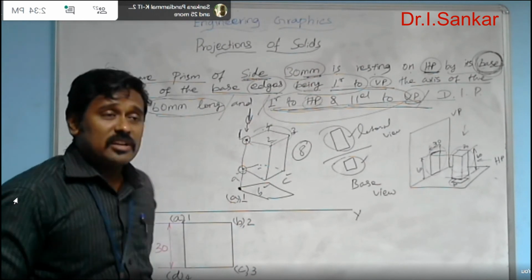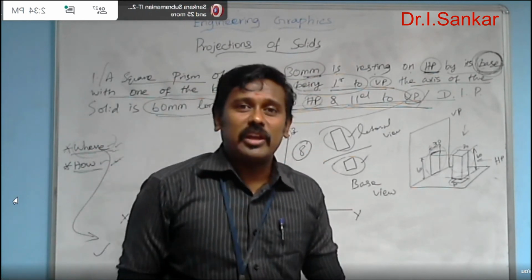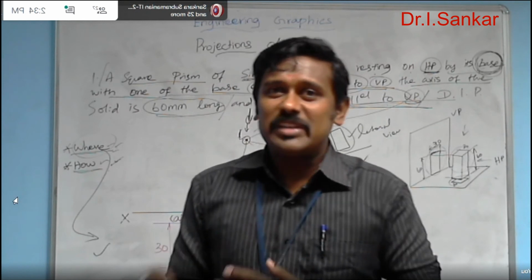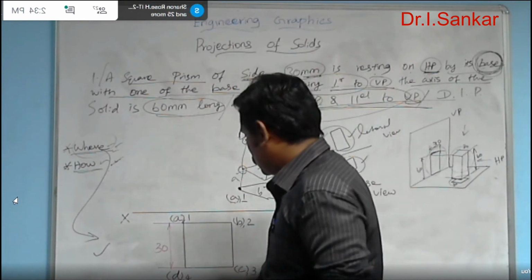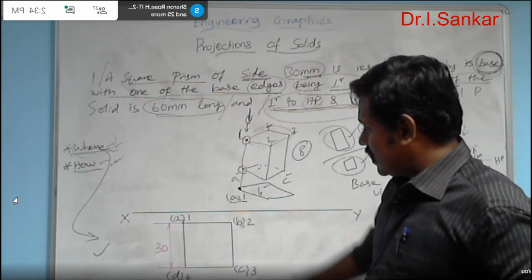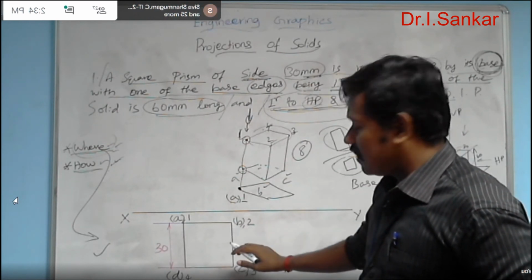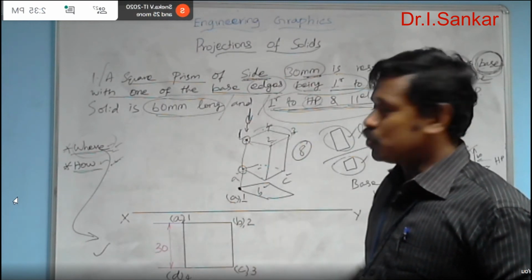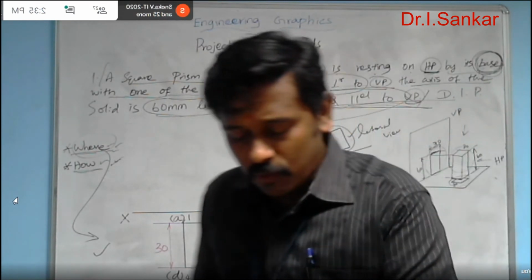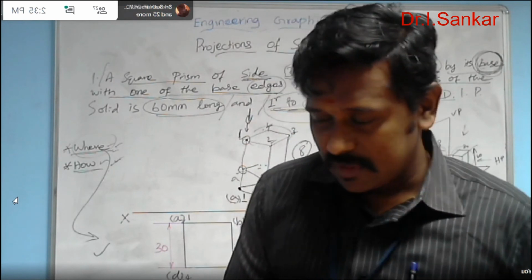And don't consider that alphabets are always inside the bracket. Based on the type of view, this will change. Let's go on with the top view. Here, the only work remaining in the top view is that you need to draw the projectors from the current top view towards the front view area. Then we can go for drawing the front view. Let me rub off the board.